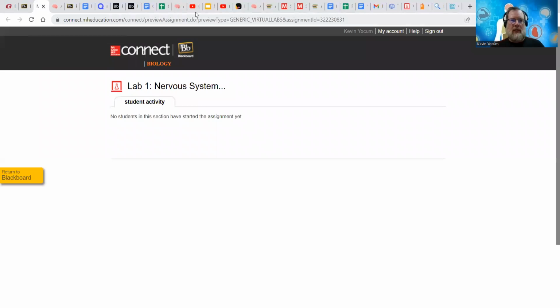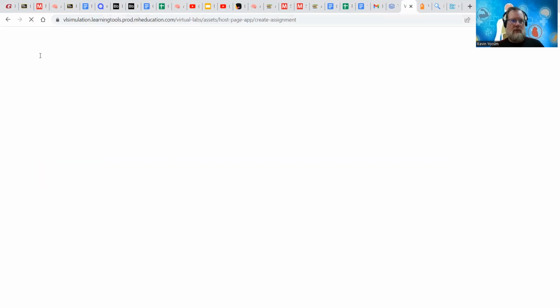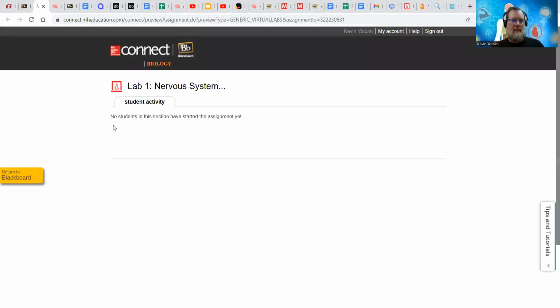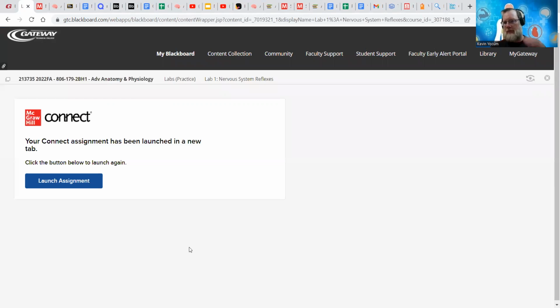And what do the labs look like? Let me see if I've got one. Anyhow, the labs are very straightforward. They're very simple as far as navigating and maneuvering. The way they're set up, you follow the directions that are given, and it basically won't let you continue the lab unless you've done the step that it's asking you to do. So pretty much all of you will get 100% on your labs if you do them.